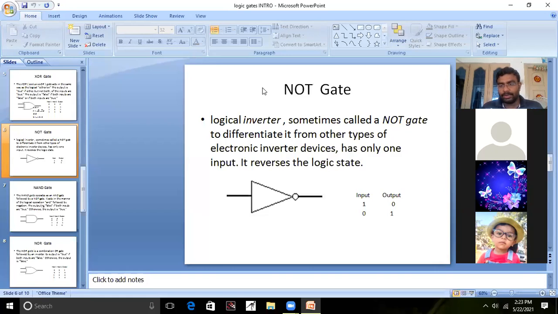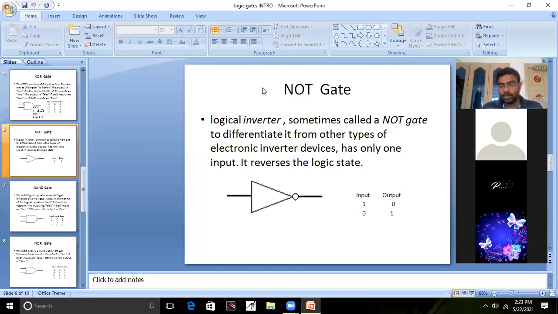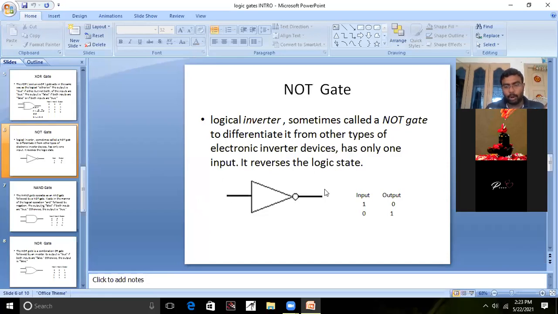Yeah, guys. Now I'm saying the third gate, NOT gate. This NOT gate can also be called inverter gate. And how many inputs will be there for an inverter gate? Single input, single output, sir. Guys, remember, if A is my input, output y is equal to a bar. Remember like that. If input is A, output y is equal to a bar. That is how you need to write a Boolean expression or a logical expression for the inverter gate.